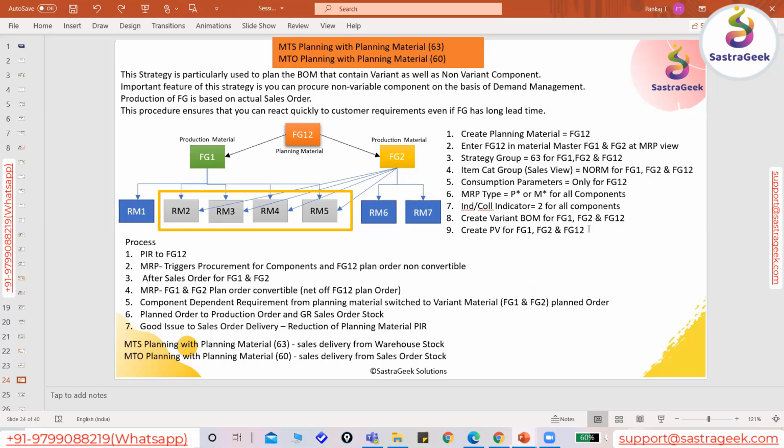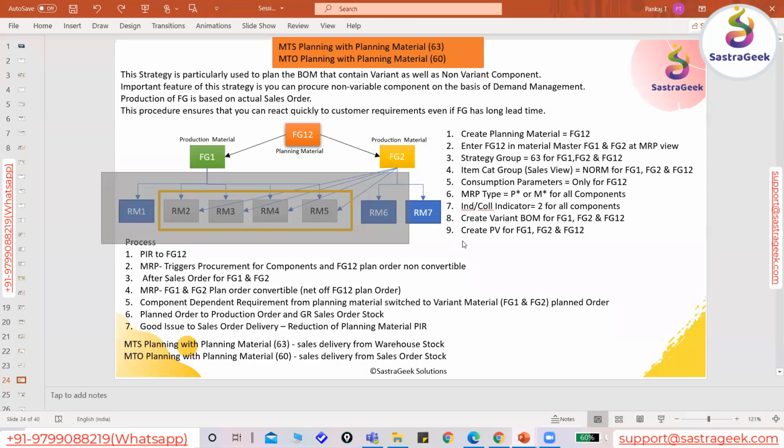Let's say here we discuss two finished materials, FG1 and FG2, and we don't have a correct requirement of FG1 and FG2, but we might know at a very high level that the total of the FG1 and FG2 requirement could be 100, but in actuality it will be 60-40 or 70-30, that kind of combination. But before getting a detailed requirement, a detailed production plan, how can we plan our low level material,